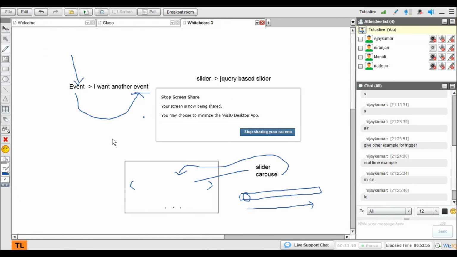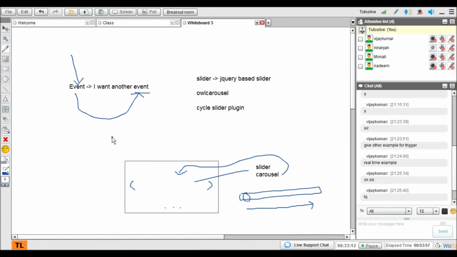Okay, you guys good? Any questions here? Yes, any questions? So how complex is the slider version?